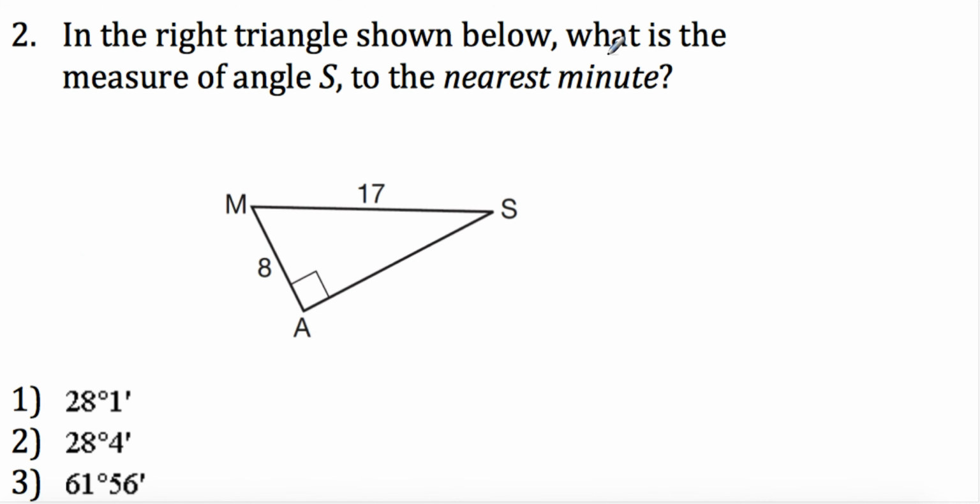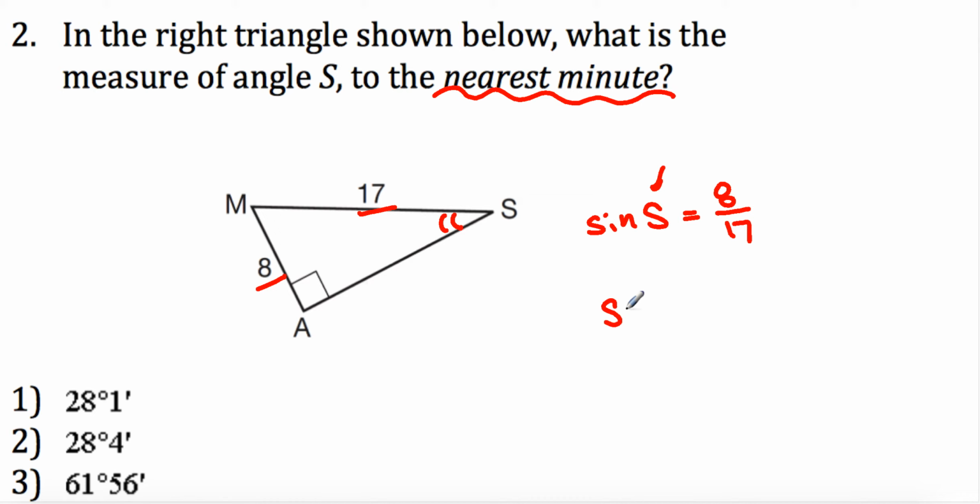In the right triangle shown below, what is the measure of the angle S? So how do you find the measure of the angle S to the nearest minute? So first, knowing that 8 and 17 are the sine ratio, so sine of angle S would have been equal to 8 over 17. How do you find the angle S? S will be basically, we can call it arc sine, or in your calculator you can say second sine of 8 over 17. If you put this one in, you can easily get, I believe it is a